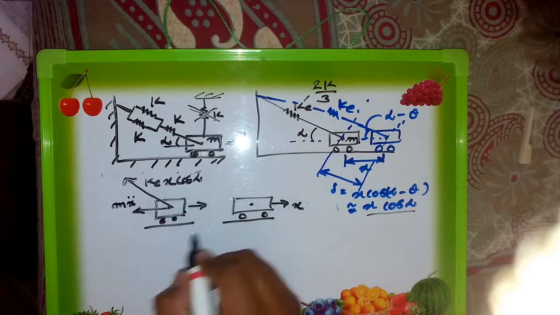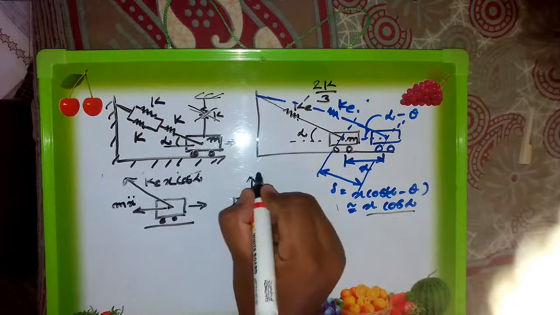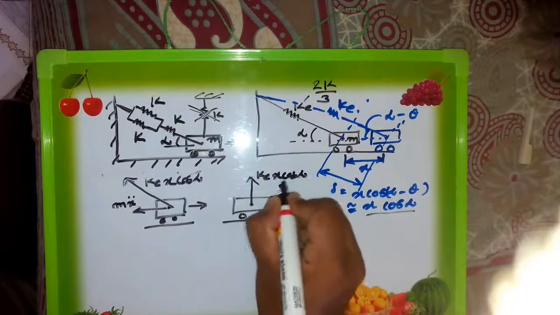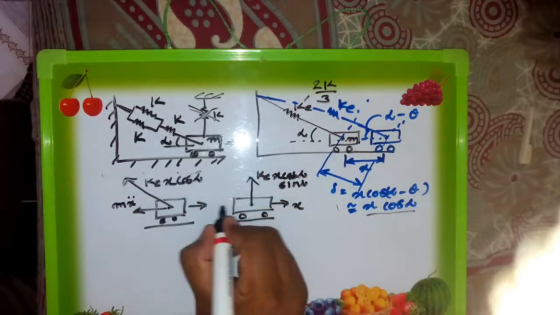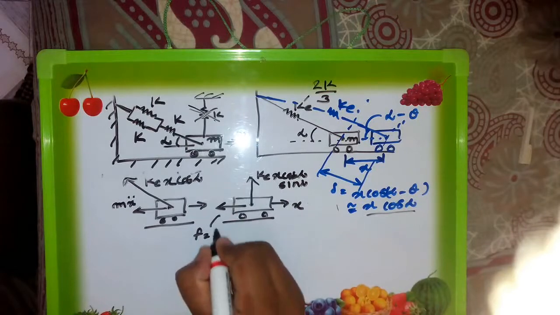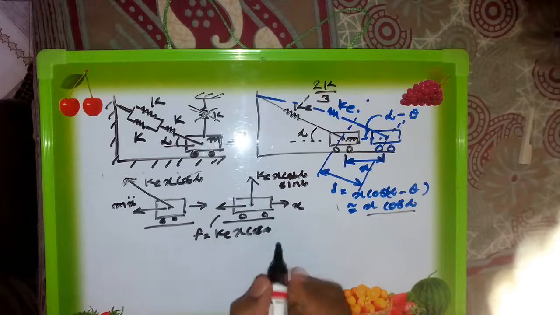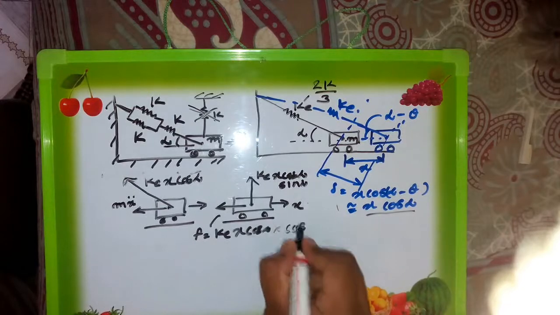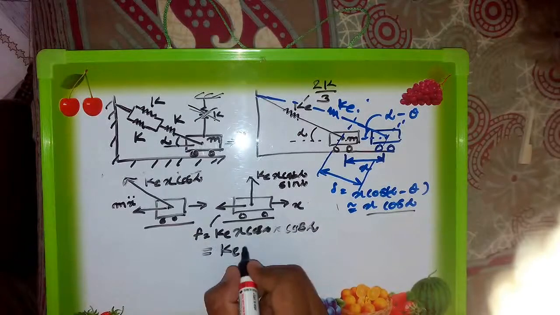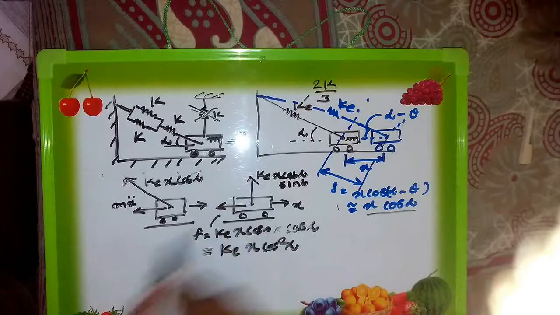Okay, now I have to resolve it along this side. So along this side, this force is K equivalent into x cos alpha. This force into sin alpha along this side, and along the direction of motion the force F is equal to K equivalent into x cos of alpha into cos of alpha once again. So I can get it as K equivalent into x cos squared alpha. This is the resultant force along this side.